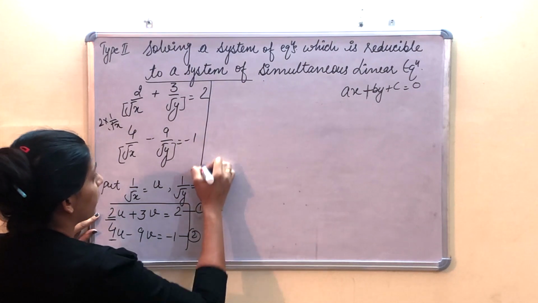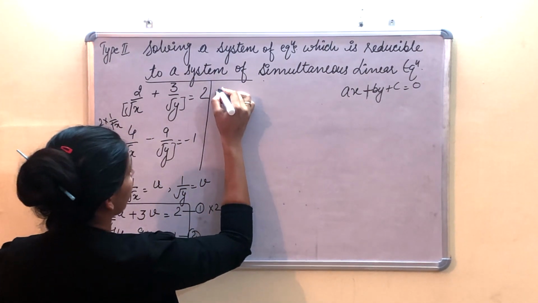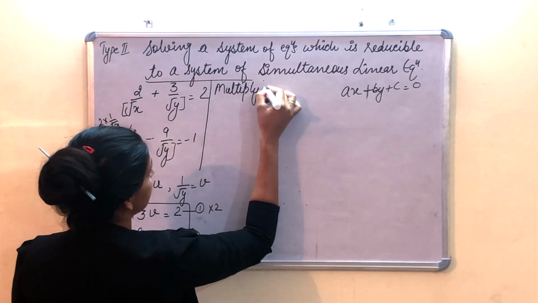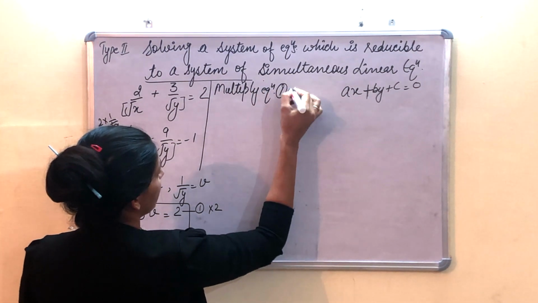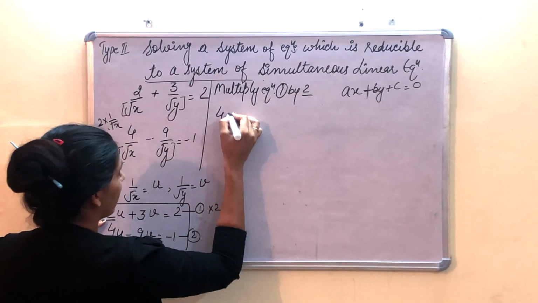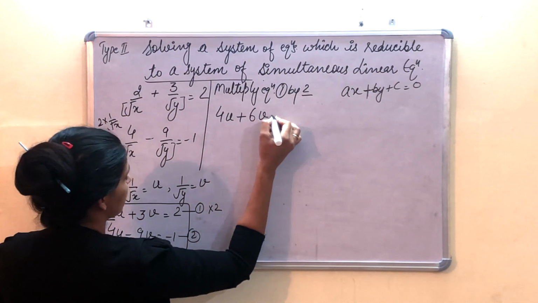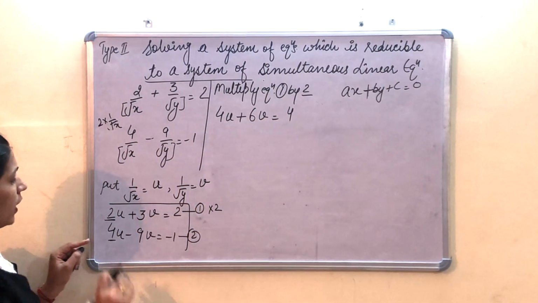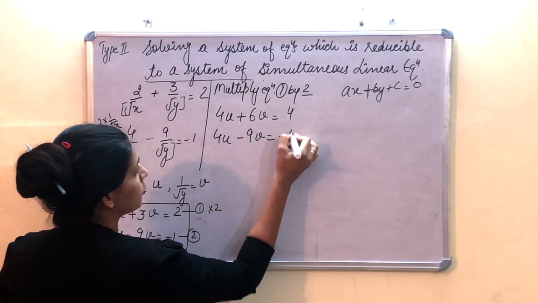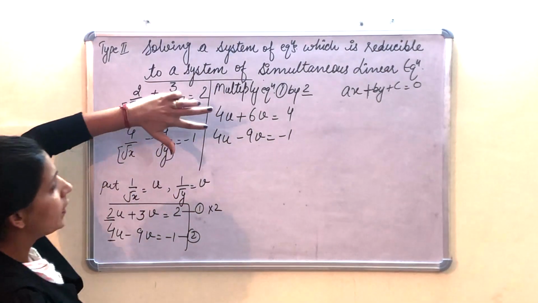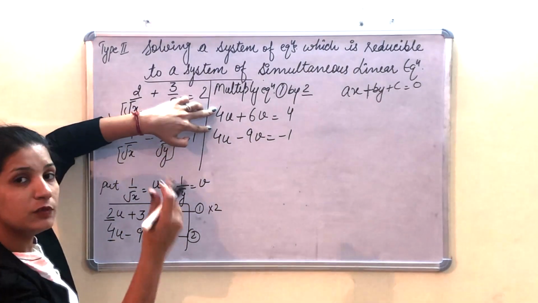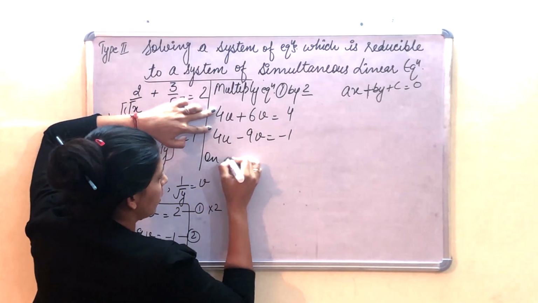So multiplying equation 1 by 2, we get 2 twos are 4u plus 3 twos are 6v is equal to 2 twos are 4. The second equation is as it is: 4u minus 9v is equal to minus 1. Now we have to eliminate u. Both have positive sign, which means we have to subtract these two. On subtracting,